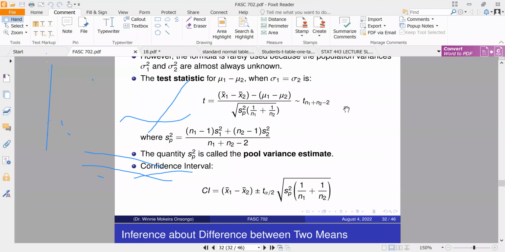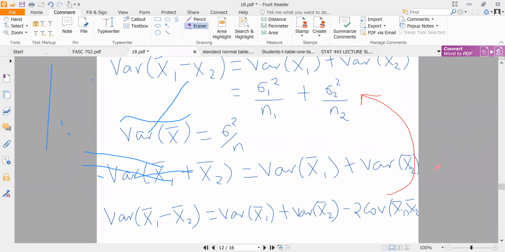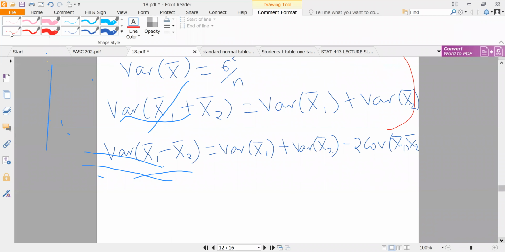Now, once we know our test statistics, we can also calculate the confidence interval for this difference of means. Now, in this particular case, for the case of one population, we can write this confidence interval to be equal to